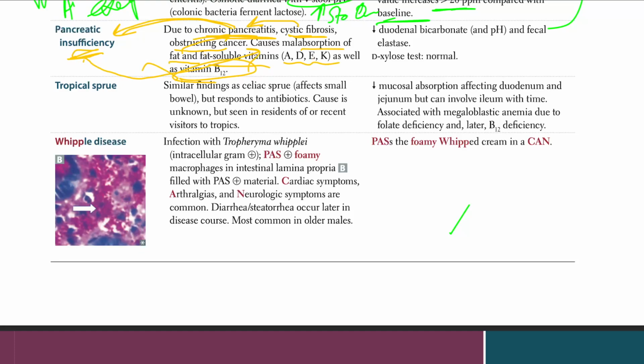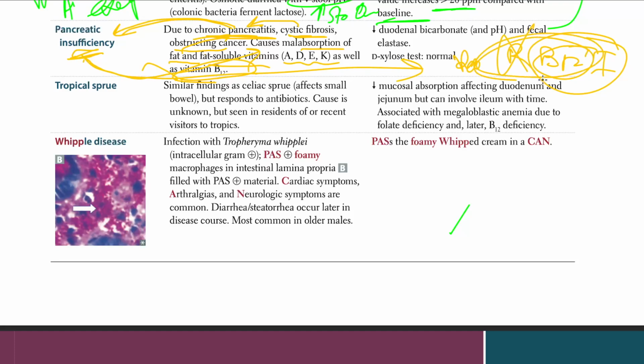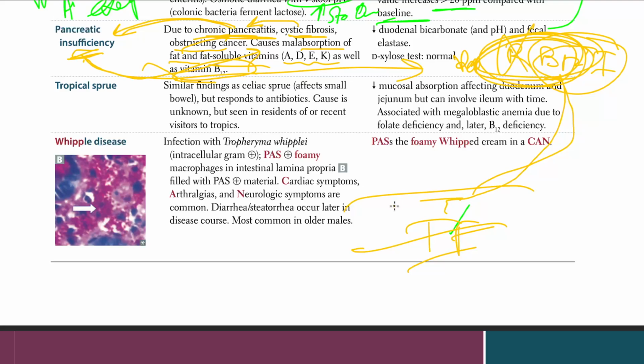Remember, the pancreatic proteases were the ones removing that R binder from the B12 so that the intrinsic factor can bind. So when you don't have the proteases in pancreatic insufficiency, you cannot remove that R binder. When you cannot remove that R binder, it is going to remain with the B12. So that B12, which goes to the terminal ileum, where you already have the receptor for IF, is not connected with IF. IF is going to go back, but B12 is going to go poop, poop, bye-bye. Right?